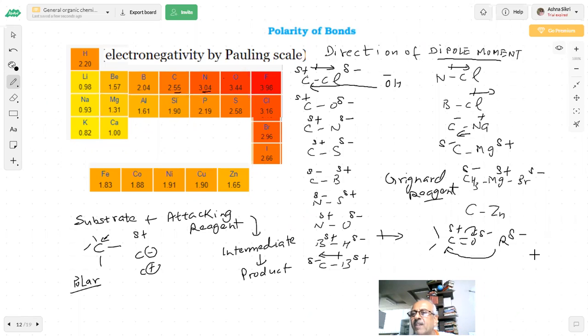Here zinc will do what? 1.65. It gives electrons. So zinc is also giving electrons, which means what? Something which gives electrons undergoes oxidation. Is it a reducing agent? Yes, sir, a reducing agent. It can give electrons, and carbon will become negative. This will become positive. So all these things we talked about because in this part of organic chemistry,